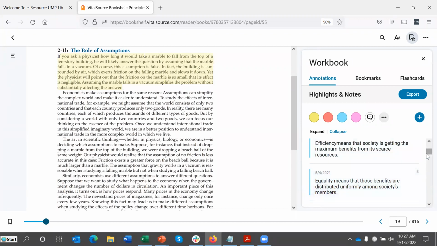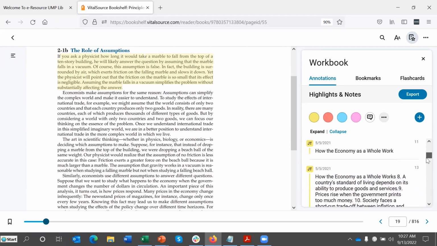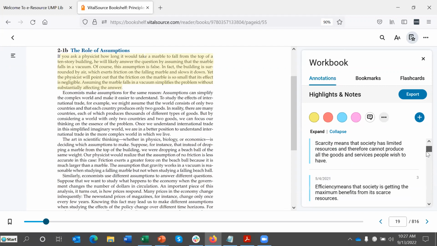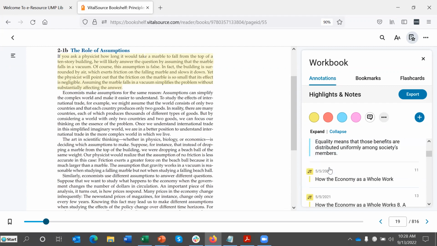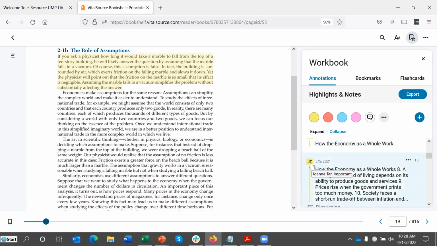It will not be deleted as long as I have access to the same account. These are all the private, personal highlights that I have taken. Anything shared with me will be shown with the initial. That means JT has shared with me these highlights that she has termed as important. So these are the highlights and notes that have been shared